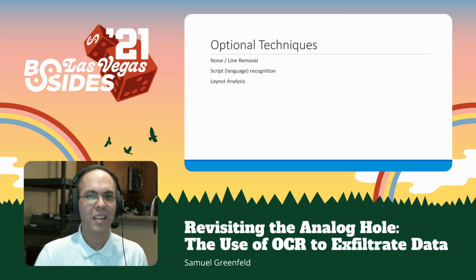Some optional techniques you may wish to consider are noise line removal, to potentially remove any noise on the screen or piece of paper which is not related to the text you want to extract. You can do script language recognition, especially if you're using an engine which supports word recognition. There are engines out there which support hundreds of words. Alternatively, you can do layout analysis, which some layout analysis is kind of mandatory, but there are systems which will do things like